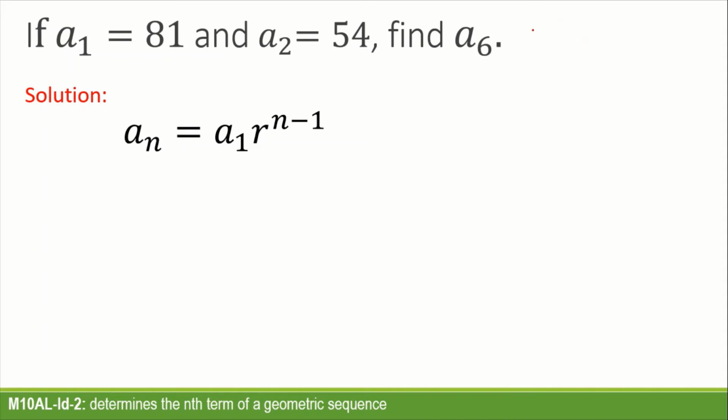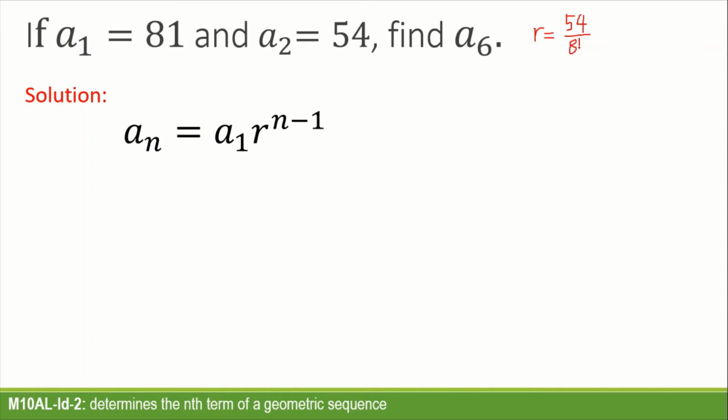So, para makuha natin ang common ratio, di ba? Divide two consecutive terms. So, yung succeeding term divided by the preceding term. So, since we have here first term and second term, ang gagawin natin, second term divided by first term. Yung nahuling term divided by naunang term. So, to find the common ratio ng geometric sequence na to, we have 54 divided by